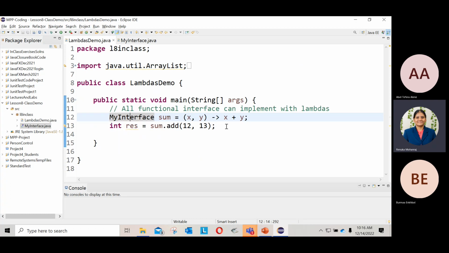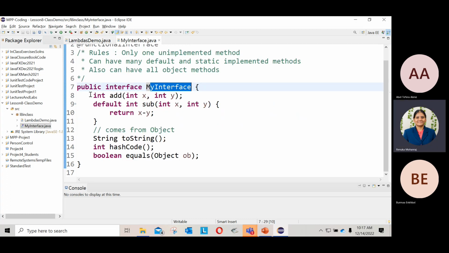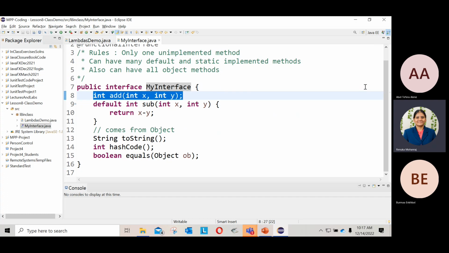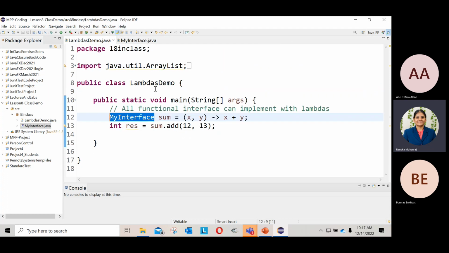It's like compile time polymorphism, how it works, right? When you have overloaded methods, if you change the signature, the compiler will tell you. The same way, when you make a type, it will infer all the input argument types as well as the return type from the interface. Because of the functional interface, we have only one unimplemented method, so the compiler will automatically verify this method signature. We cannot implement any other method. That's called target type.